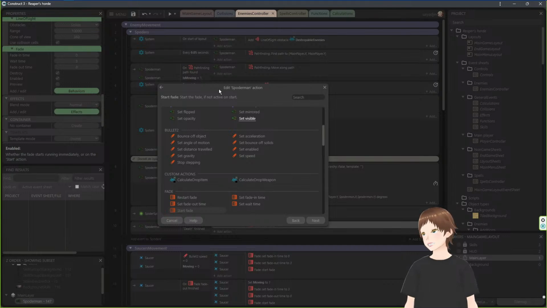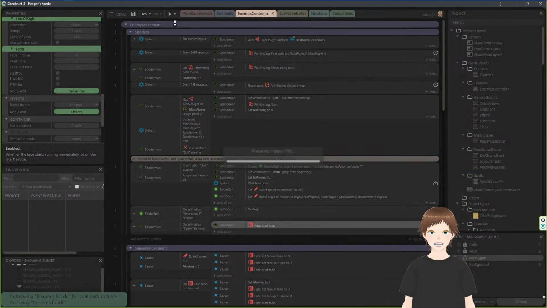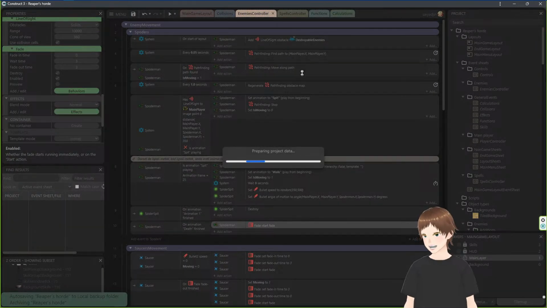Okay, so there is no enable option here. I guess it has to be enabled to start the fade. We'll see now. Anyway, let's run it and see how this